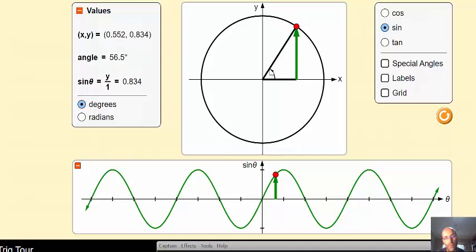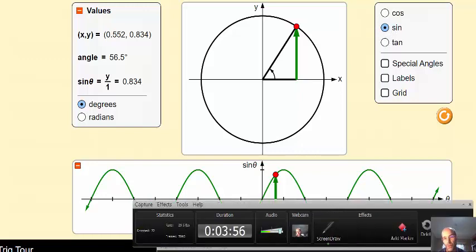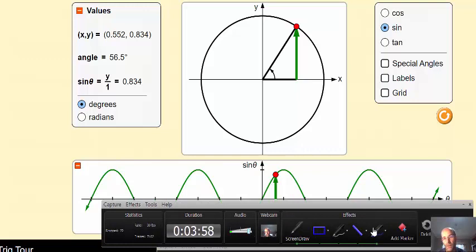You can see the radius arm in black there. We've got the x value in black and then the y value in green. The reason why that is that sine is illuminated. It's switched over to sine. Now remember from your previous video that sine was the same as the y, because remember if we've got theta there, the angle,